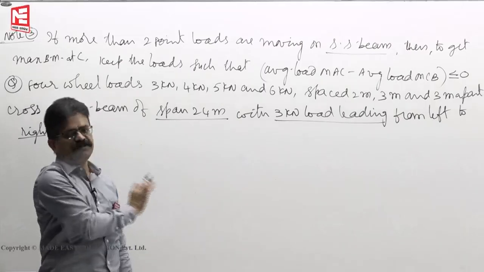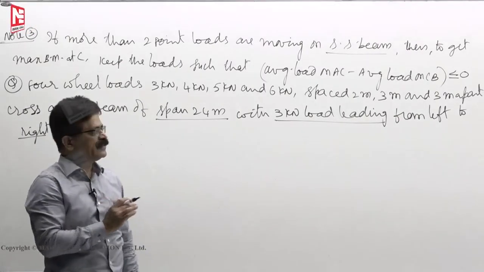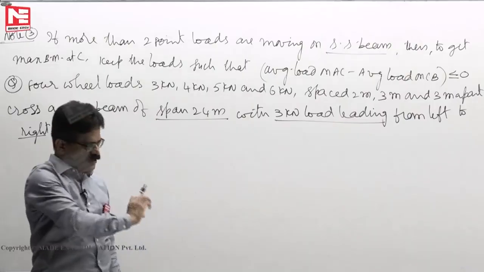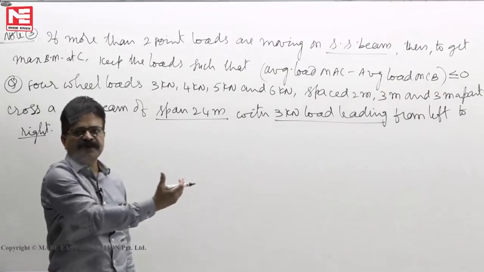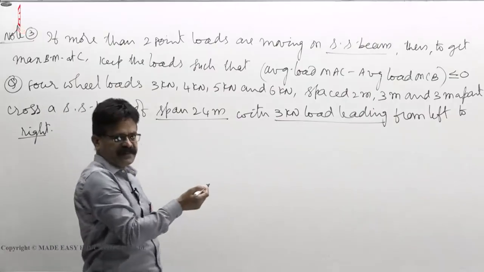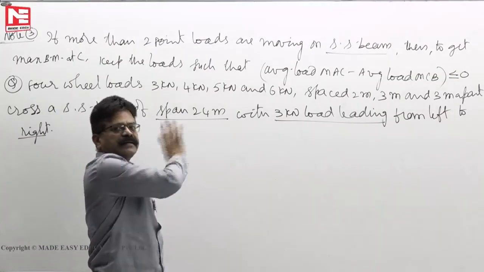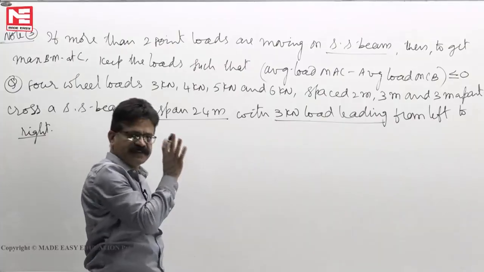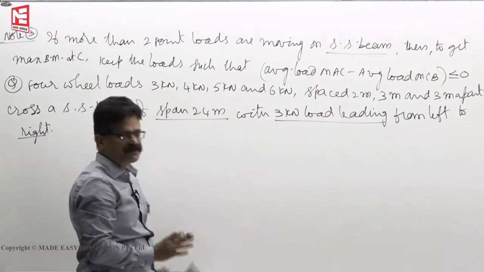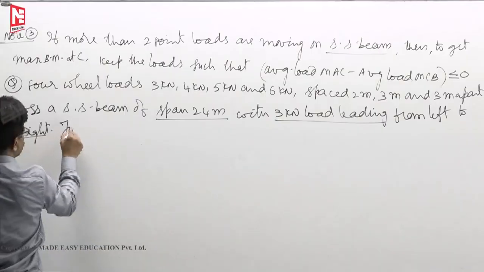For that condition only you have to check what is the maximum bending moment at the section C. Otherwise they can move forward, they can reverse the direction, move forward, backward. 4 possibilities we have to check. So to avoid that wasting of time, only one possibility you have to check. 3 kilonewton load is leading and they are moving from left to right. For such cases, what is the maximum bending moment? To get maximum bending moment,